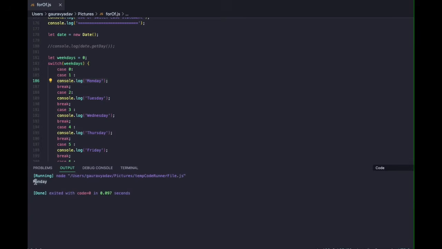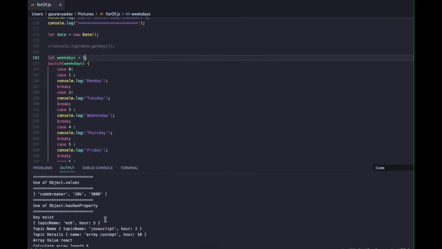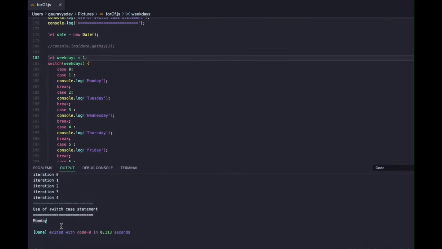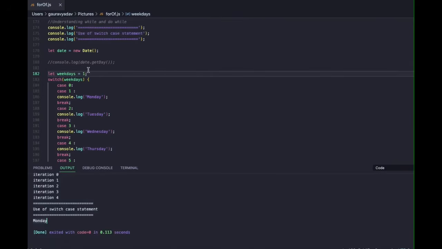So it is printing Monday, because for weekday 0 we have utilized this same condition as a Monday. For the value 1 also, it will print the same thing. So now if I give weekday as 1 and try to print the result, it will show the same value, Monday. Now if I change it to 2,